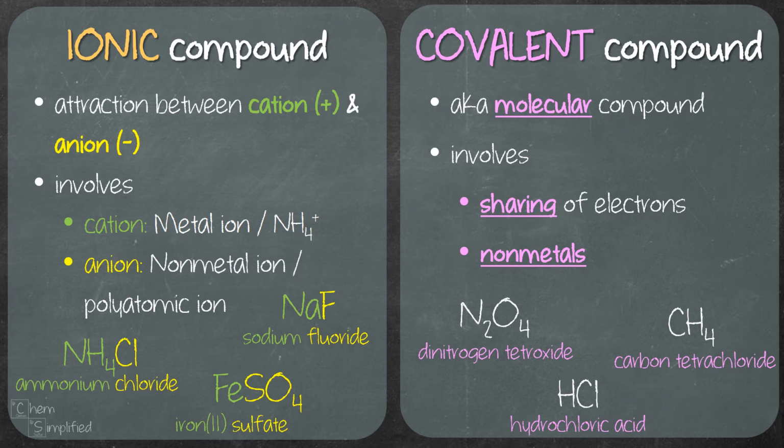So if you look closely at the name of ionic and covalent compounds, you'll notice that there are some differences. A major difference in their name is that prefixes like mono, di, tri, tetra are used when naming covalent compounds, whereas those prefixes are not used when naming ionic compound. Therefore, the ability to identify the type of compound is very important, especially when you need to name them.